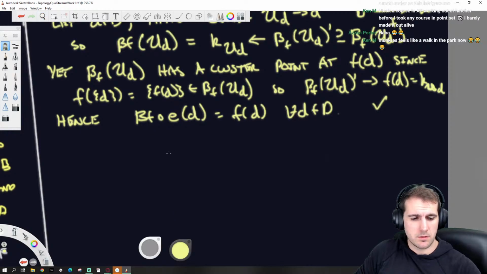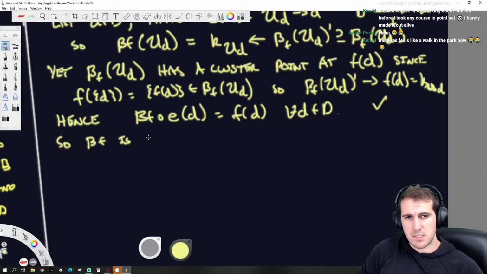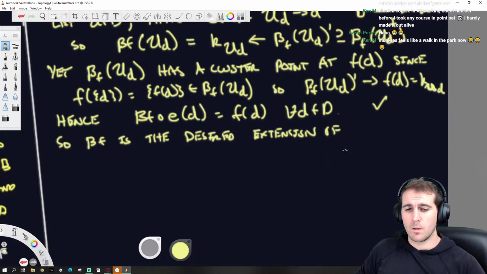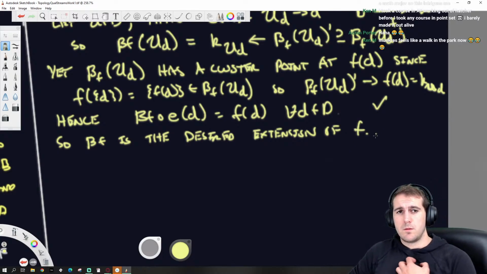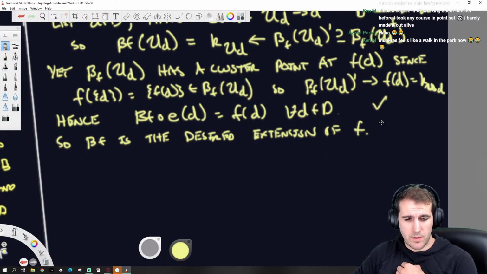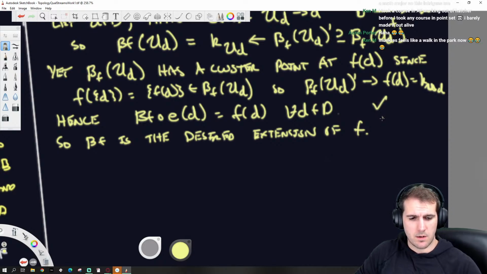So beta f is the desired extension of f. Next, I need to show, what do I need to show? As the extension property, I need to show it's compact.